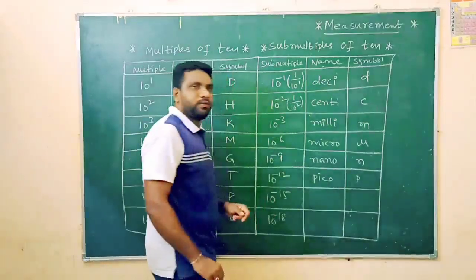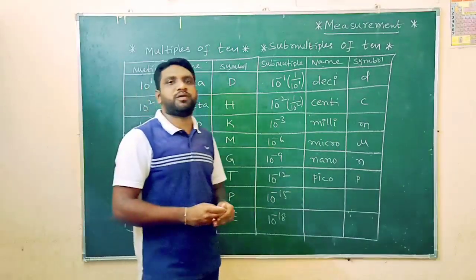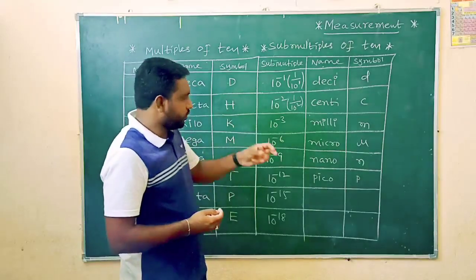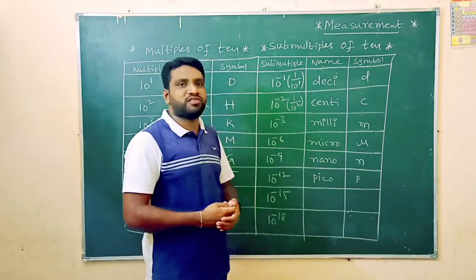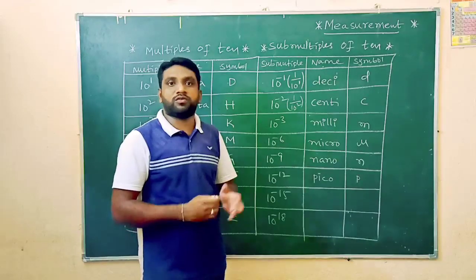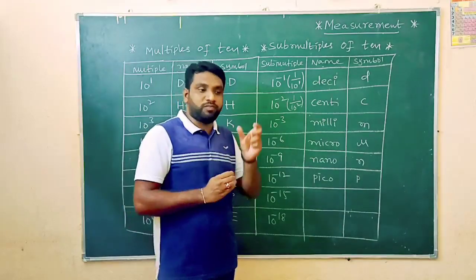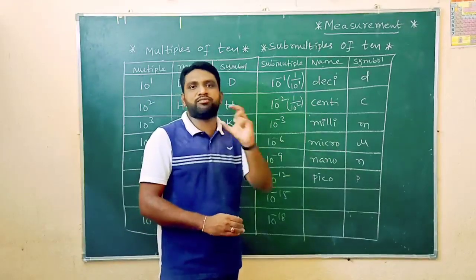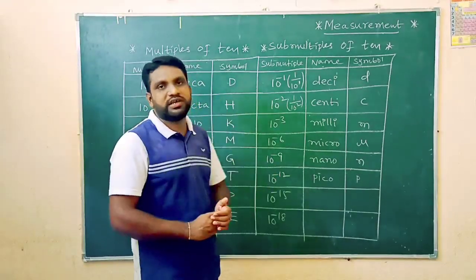You just should know which one is a capital letter and which one is a small letter. If we consider capital P, it becomes peta, and peta means 10 to the power of 15. But if small p is given, it is 10 to the power of minus 12, pico. So you should observe whether it is a small letter or a capital. That much of a difference is there. So keen observation is important when you are going to solve problems.